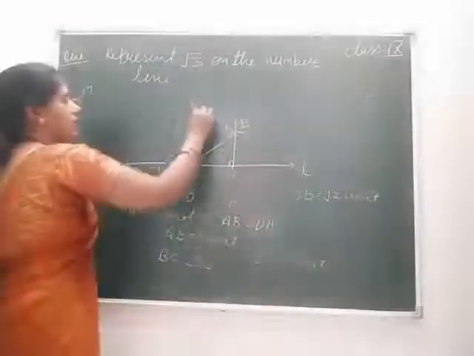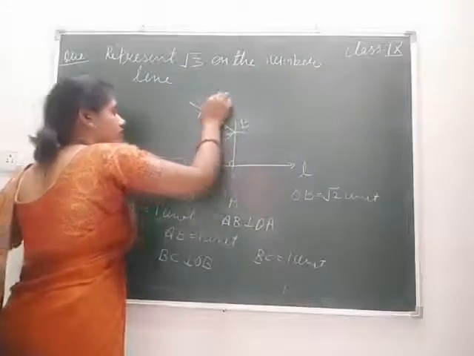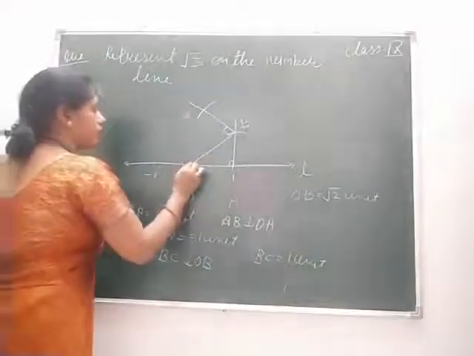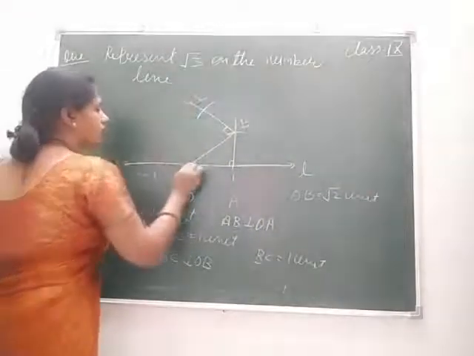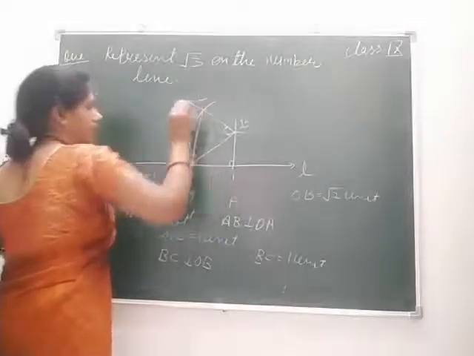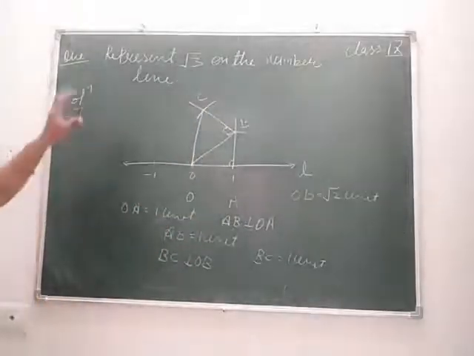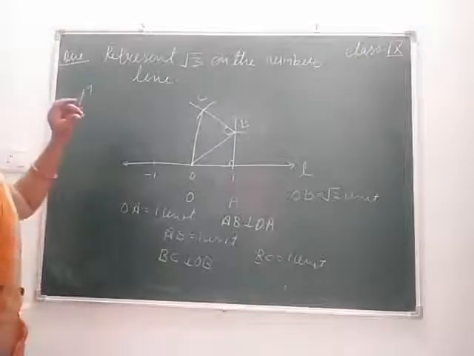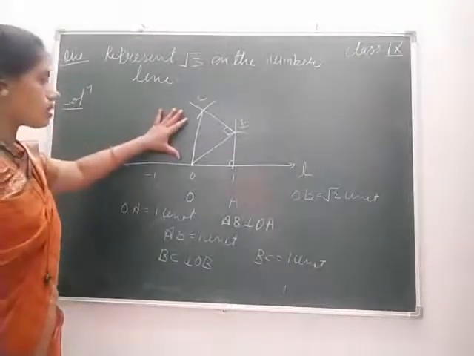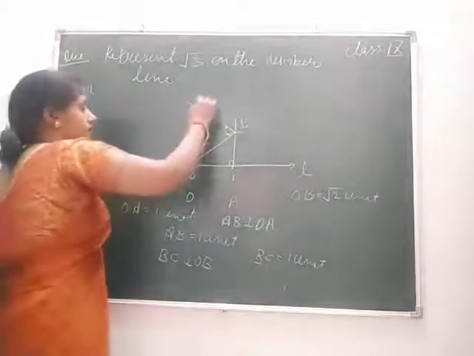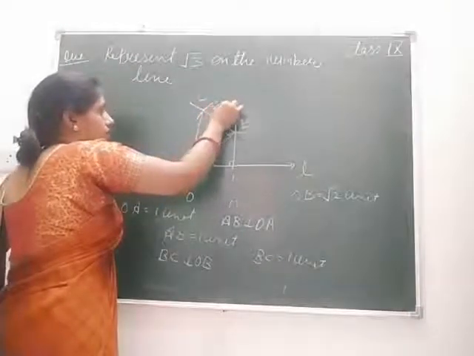At point B, cut an arc 1 unit and join to indicate the C and join to OC. And with help of compass, we measure the OC and OC is the radius. We cut an arc on the number line